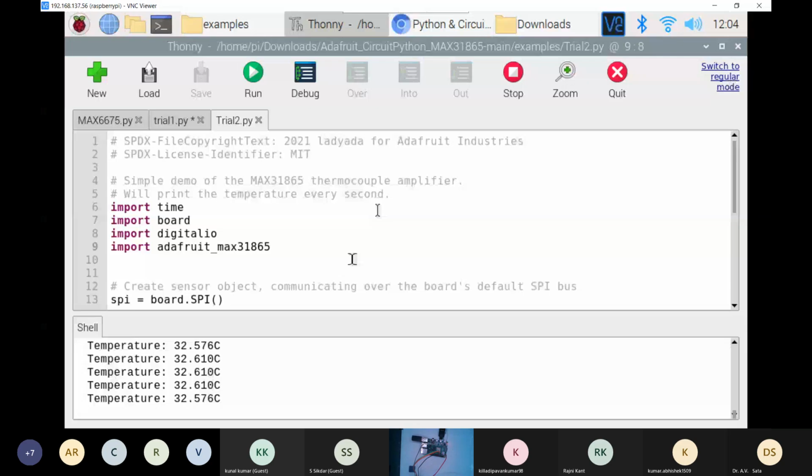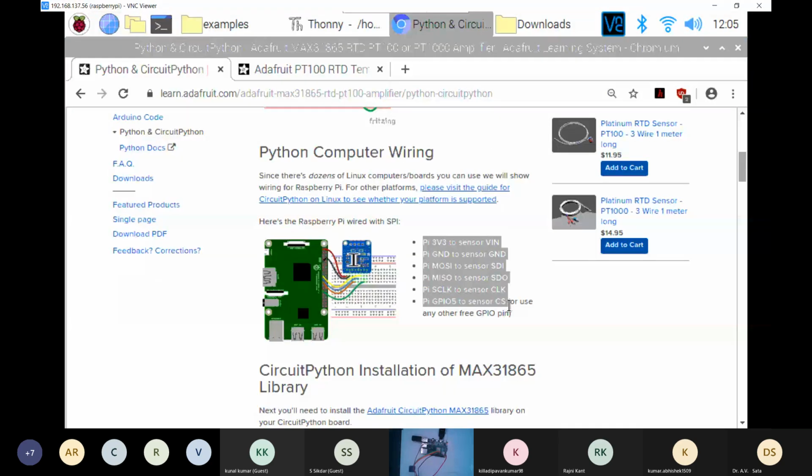As you can see, they have also defined these pins over there, and these CS pins let us connect as many sensors as we are using. We can actually connect 4, 5, or even 30 sensors, if there are 30 GPIO pins available in any given model of microcontroller or single board computer.